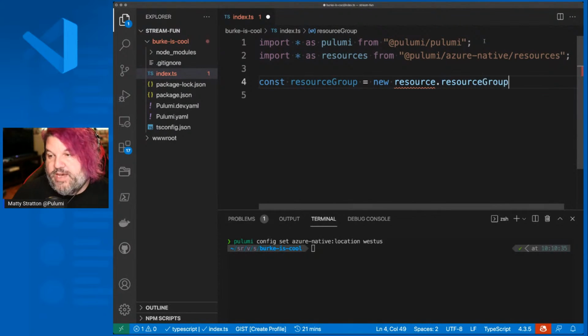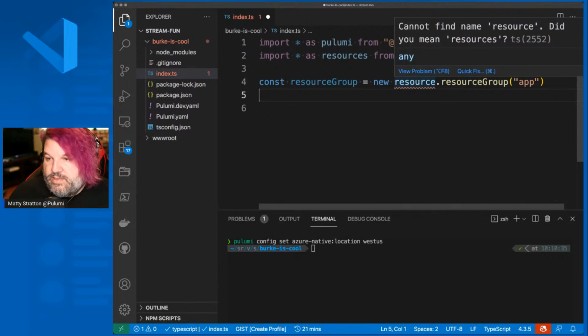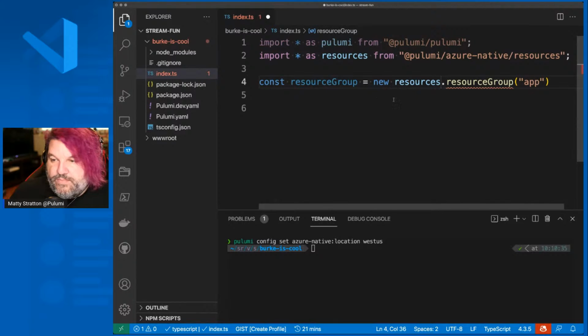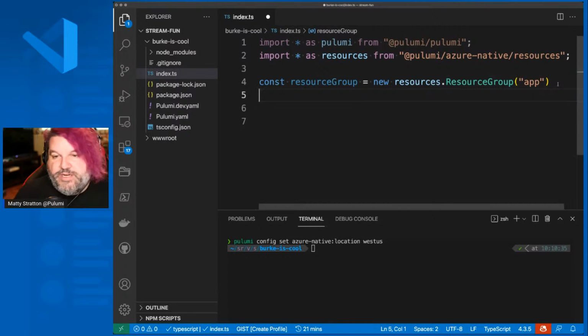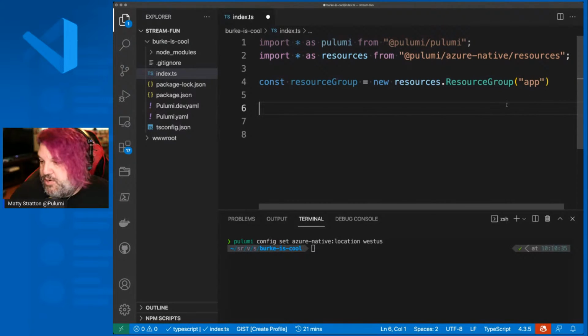I'm getting all this type ahead because it's just coming from that package that we've already loaded, which is pretty handy. Cannot find resources, that's why. And this should be resource group. There we go. And so now we've gone ahead and created a new resource group.